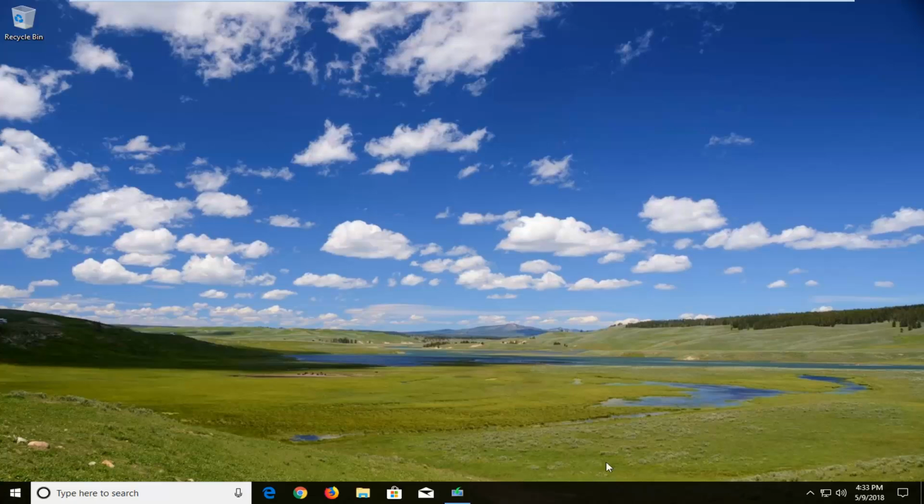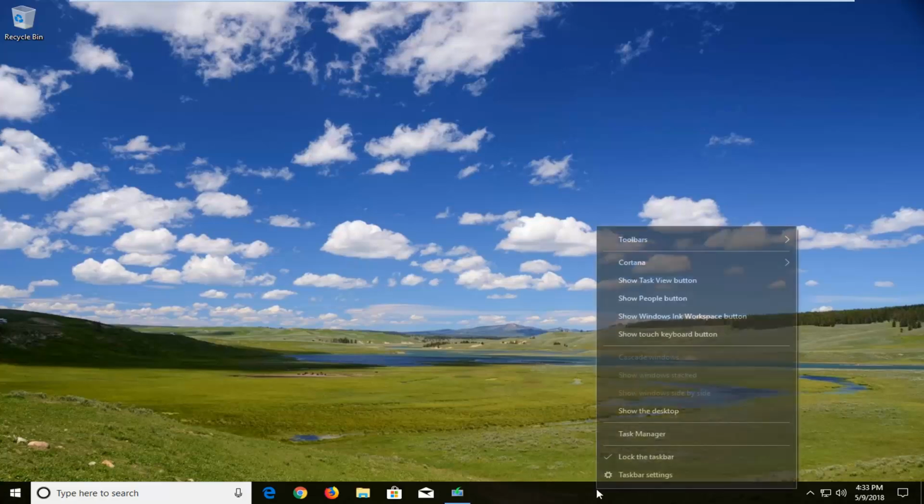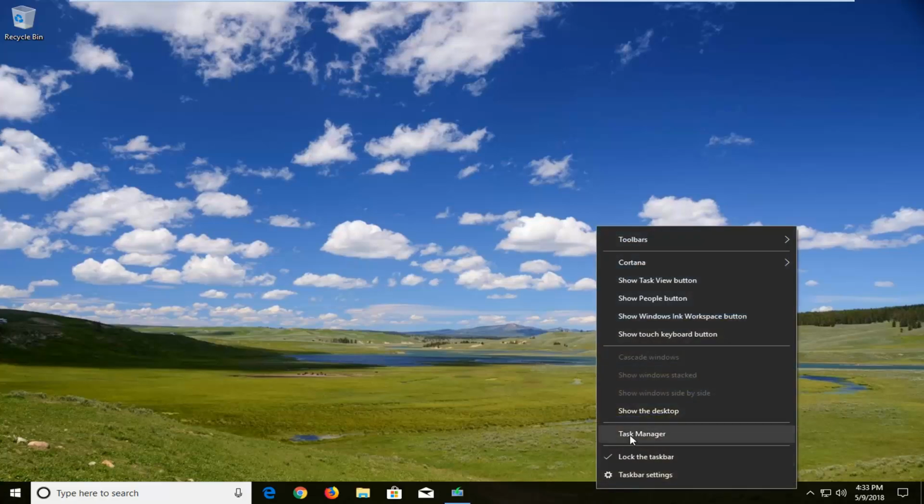So we're going to first begin by navigating to our taskbar, which in most people's situation should be at the bottom of their screen, right where the clock is and everything in the start menu. This bar down here is the taskbar. You want to right click in a blank area of it and then left click on Task Manager